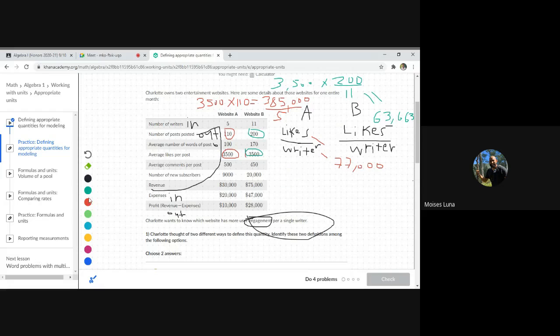So you know that website A is winning. Now you need to do the same with comments per writer. Look, where is it? Number of posts, number of